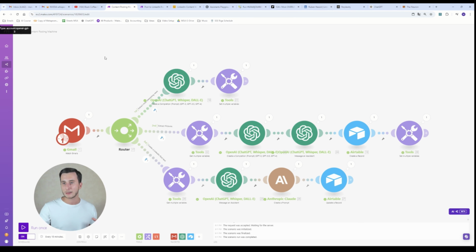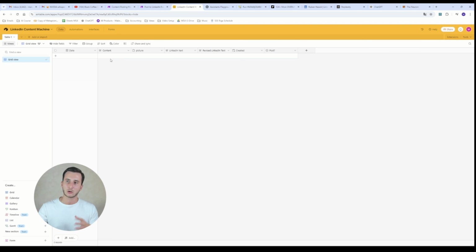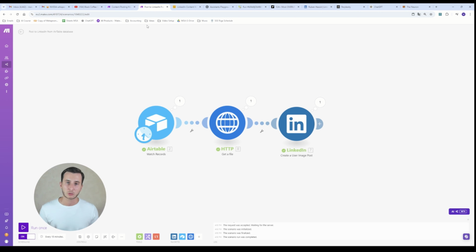So basically I'm grabbing content from the newsletter and then I reformulate this content, and I'm going to explain it a little bit later what I'm doing here. But basically I'm extracting the most relevant news, I'm extracting pictures, and then I create a LinkedIn post. And basically once the post is created, it's set on my Airtable database, and there is a trigger for